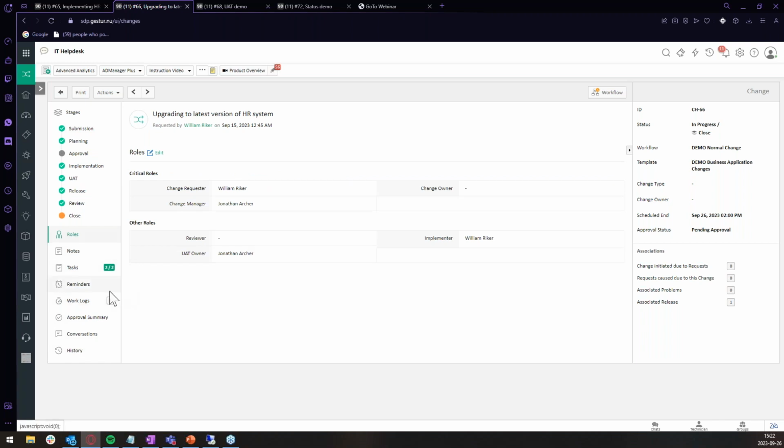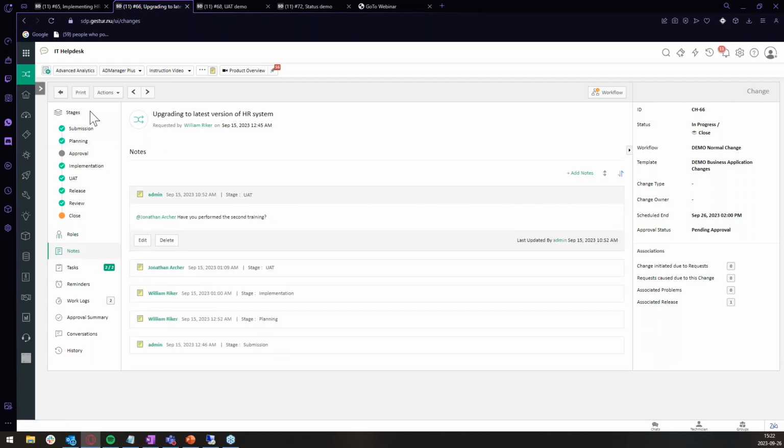So we can go in and we can quickly see who had what role in the actual change. We can see who the implementer is. We can see who the UAT owner is. We can see who the change manager for this is, and so on. We can also see all of the notes that were done in any of the stages. We don't have to click through the notes. We can get them all summarized, and we can quickly see from which stage these were written and when they were written and who